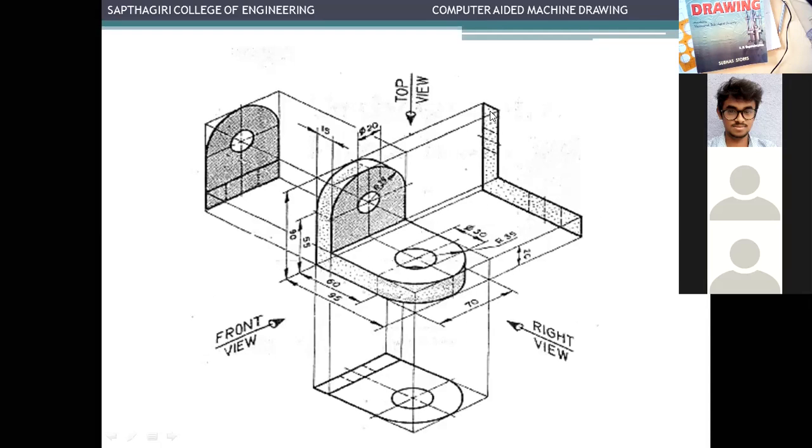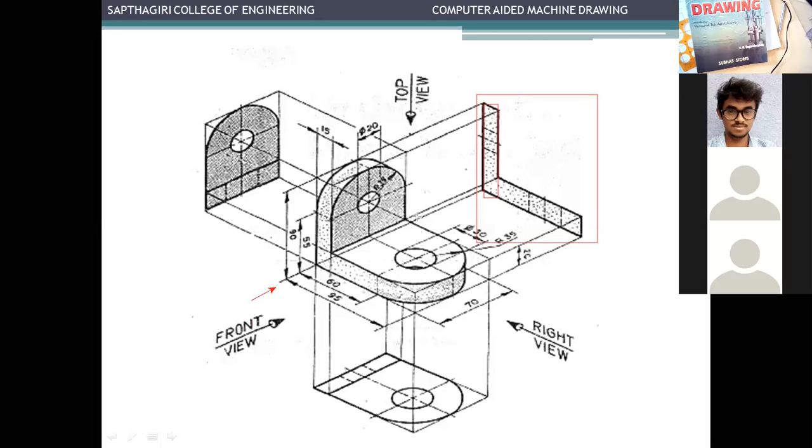So you can see the front view here, and I'll just try to draw here. So all these things, what you're seeing, is a front view. Completely here you can see the front view of this object which is seen from this direction. Sorry, this is the front view.